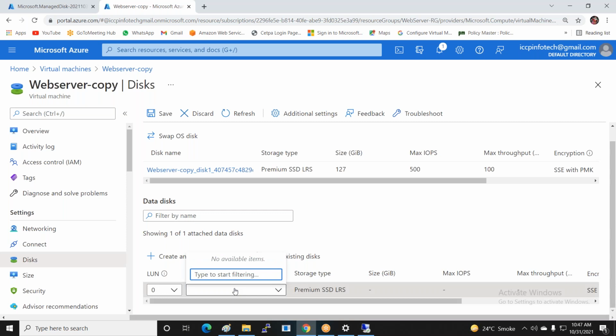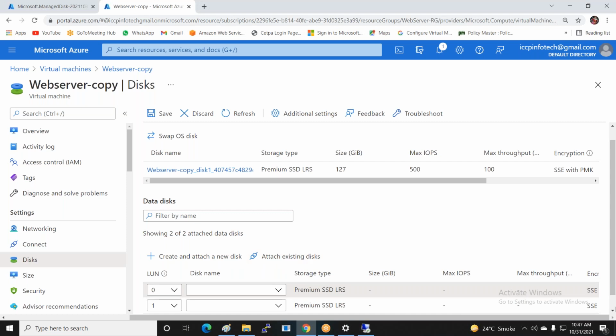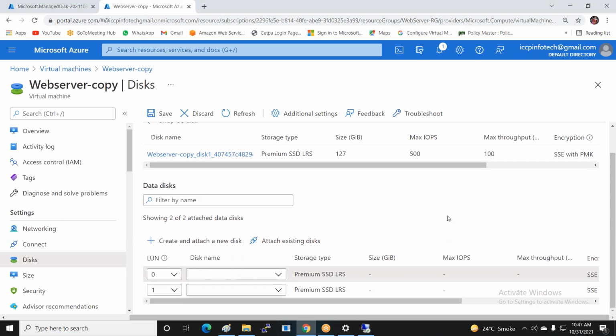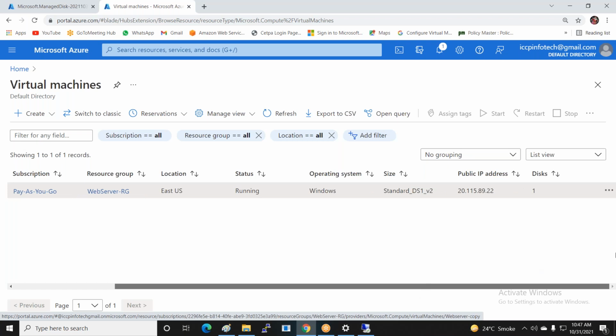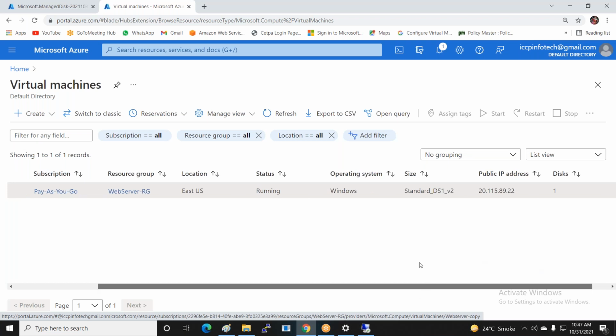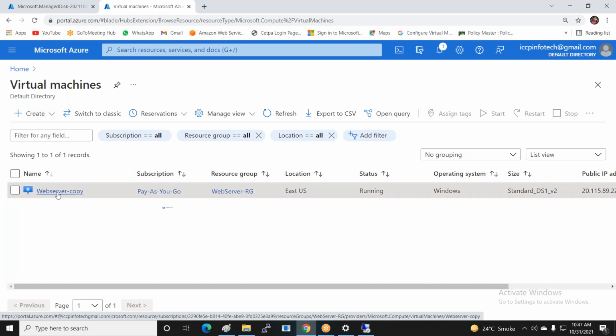Now select the disk name, wait 1 minute. Now attach existing disk, and I click on web server.